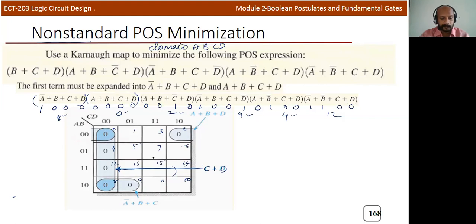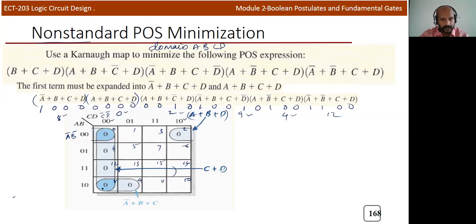Then another representation is the first group. The first group we can indicate as A plus B plus D, because if you look at this, here it is A bar B bar. Instead of A bar you will write A plus B here, and if you look at the first and last term, 0 is common. It's actually D bar, so you'll write D. So A plus B plus D will be one term. And here it is actually C bar D bar. Instead of C bar D bar, you will write the complement, C plus D.